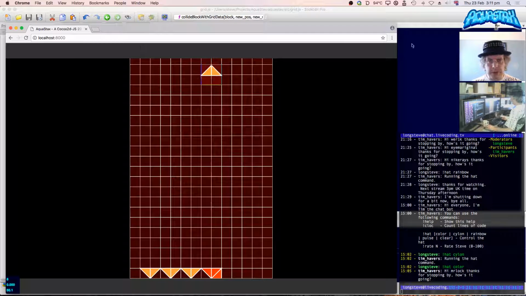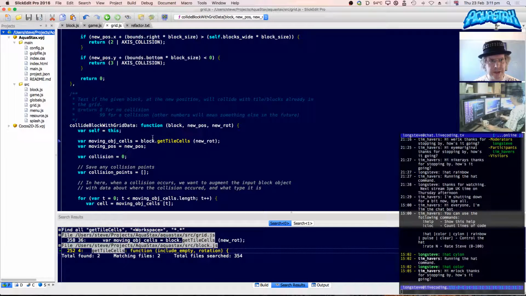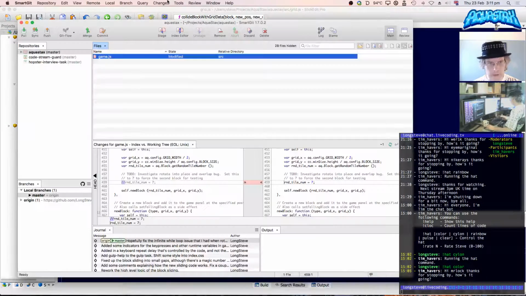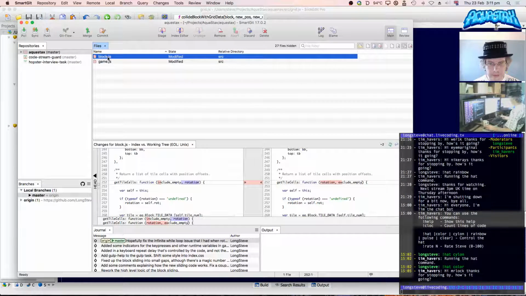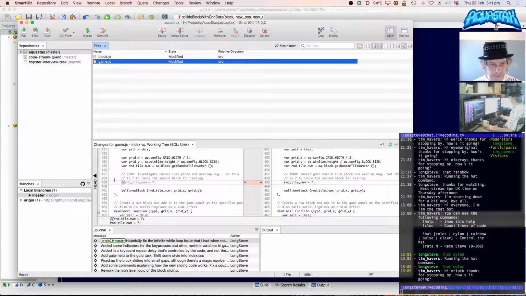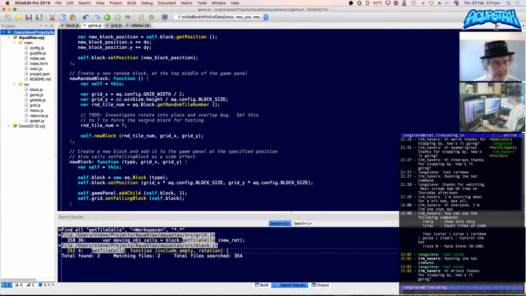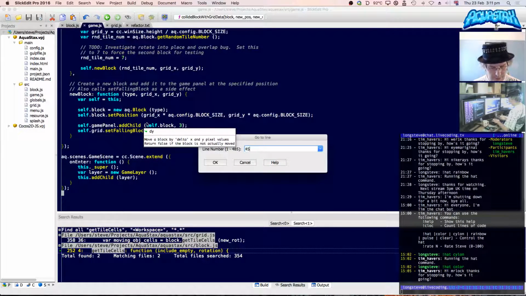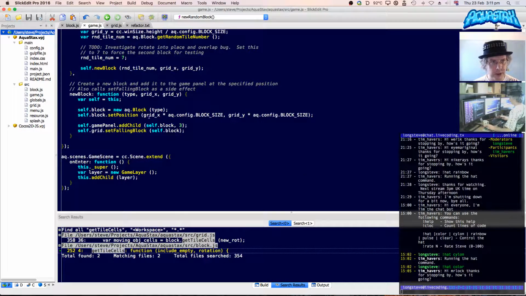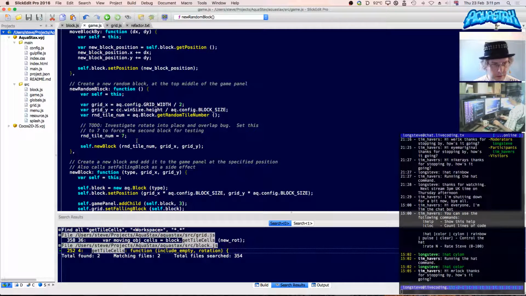There was one other thing that I have in this bit of code which I am a little bit unsure that I want to leave in there. But actually, before I do that, I'll commit this to my local repo. I've got to change this random tile number. This is in game.js line 459. This is me forcing the block to be that triangular one, so that when it appears, I can use it for testing. Okay, so let's get rid of that.